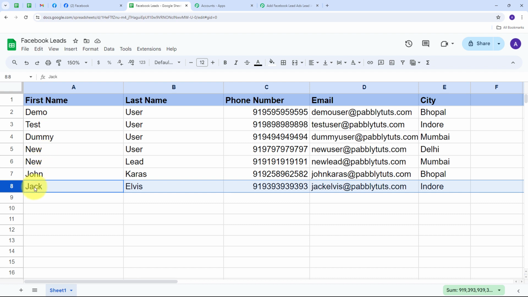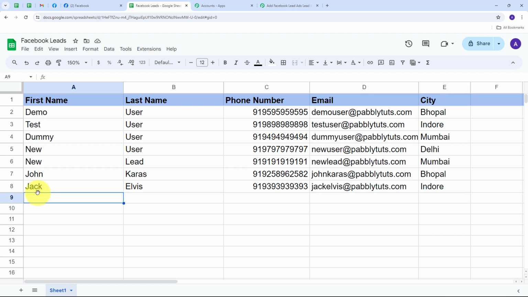So here I have the first name, which is Jack. I have the last name, which is Elvis. I have this random phone number, and I have the email, which is jackelvis@pabblytudes.com, and I have the city, which is Indore. So here we can see that I have used all these details to fill in my lead form,